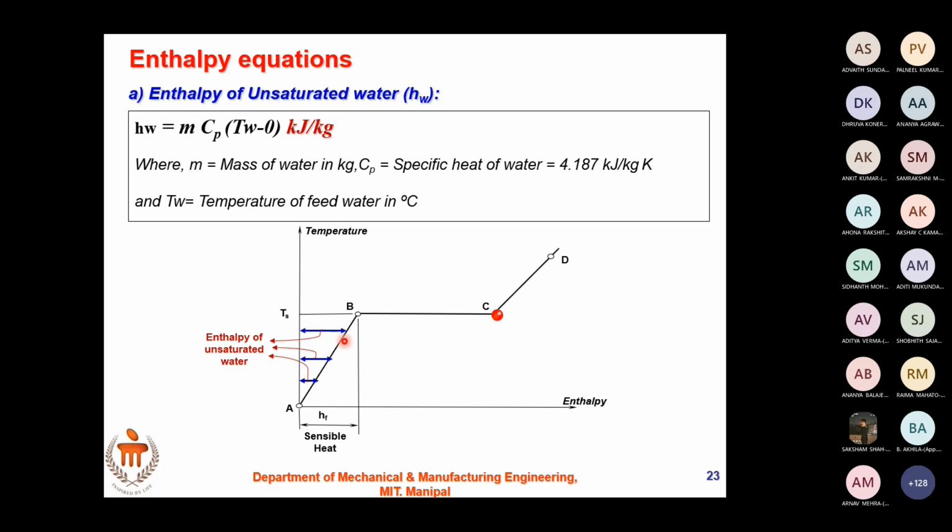Got it? Ma'am, what is the significance of this value? If you are adding heat, how much heat is absorbed by that should be known. Ma'am, don't we directly need to know how much heat we need to change from unsaturated to saturated rather than seeing some value in between? Even when you are solving the problems, you need to know when you are studying the properties of the water at this point, you need to study the property of steam here also. You need to study the property of superheated steam here also. At various points, how is my substance behaving, to know that you require everything. Okay, ma'am.